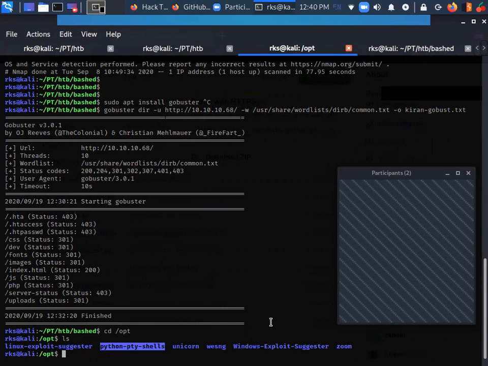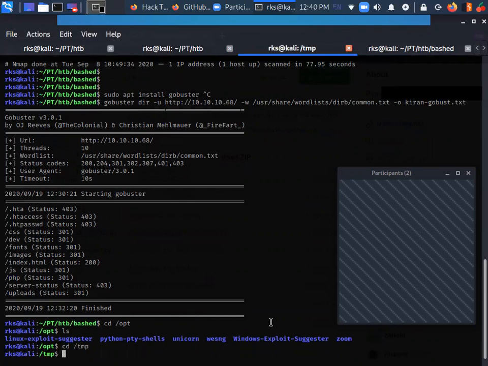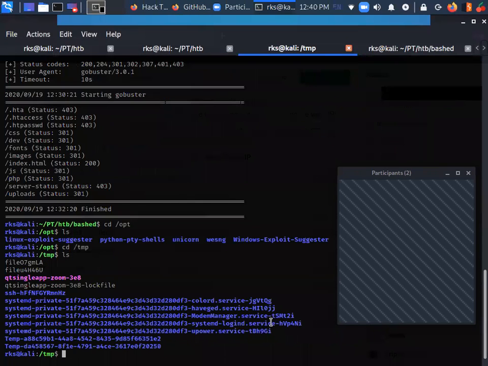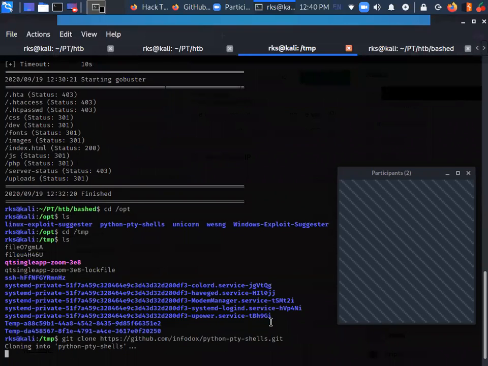I'll show you how you can clone it. Let me go to the temp directory. Just type git clone, paste your URL and press enter.